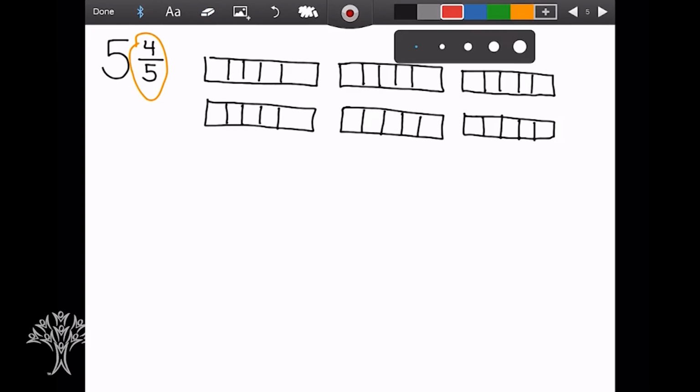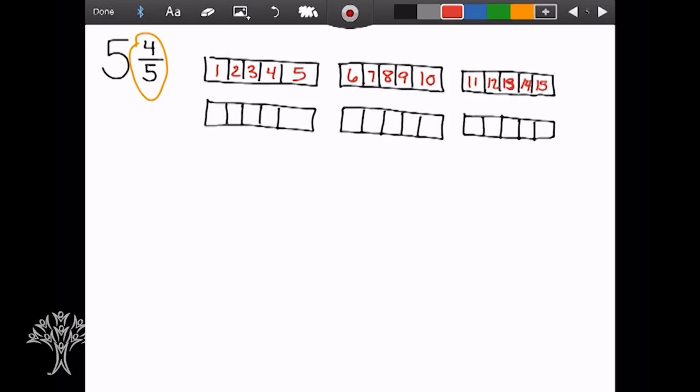So let's think about this. I've got 5 whole bars, and I'm just counting out the fifths. Notice how it's counting by 5s because we're talking about fifths. 5, 10, 15. It takes a while to do one like this, doing the picture model. And then I have 4 in here